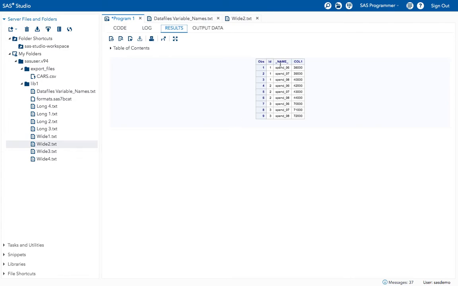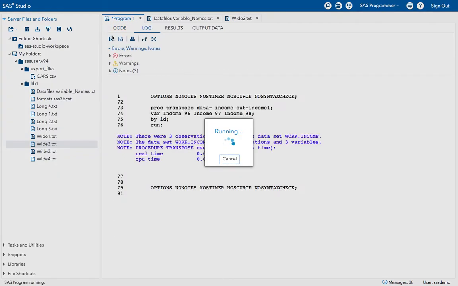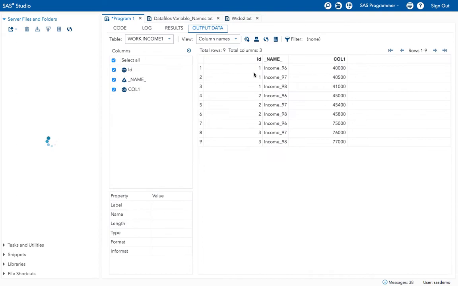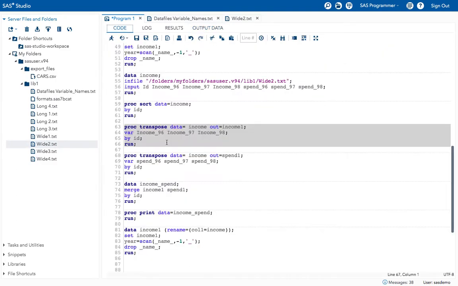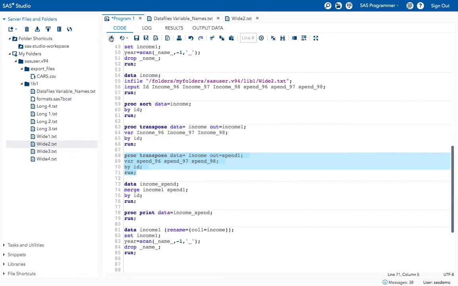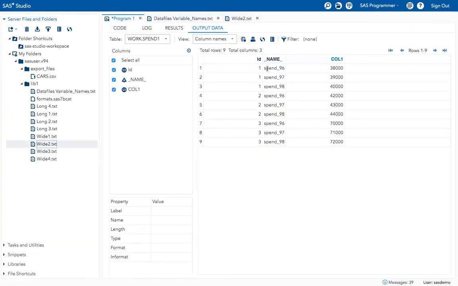See, after execution, did I get all the variables printed here? No, right? What happened? When I ran this program, I got id, underscore name underscore, column 1 for the income variables. For the spend variables, I got the same variable names.